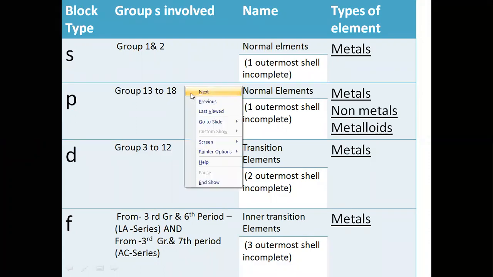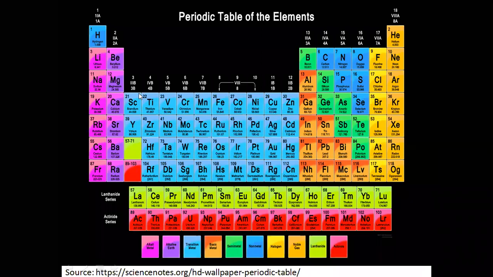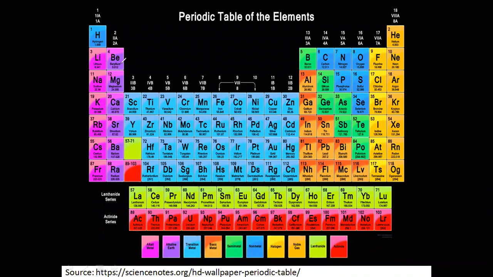So let's look at the final structure of the modern periodic table, what we learned from the last 3 videos. First we had 18 groups, 7 periods, and the 4 blocks, in which group number 1 we called alkali metals. You can see here, group number 2 is called alkaline earth metals. Then we have group number 17, called halogens. Group number 18 we called noble gases, and this D block, these elements are called